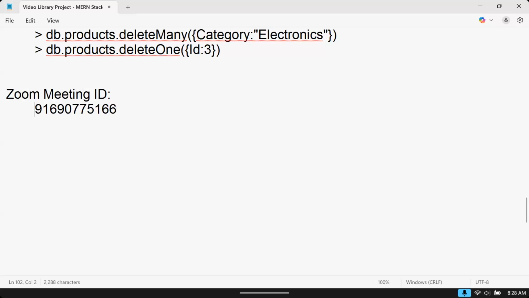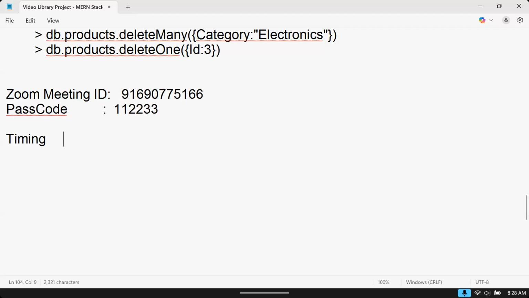Yeah, this is the Zoom meeting ID. And we have a passcode for this. The passcode is 112233. So any timing will be from 9:30 a.m. to 6:30 p.m. During this time, anytime you can connect to that Zoom meeting, and if you have any doubts,